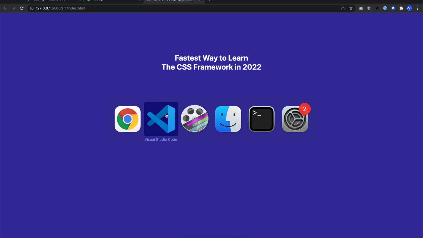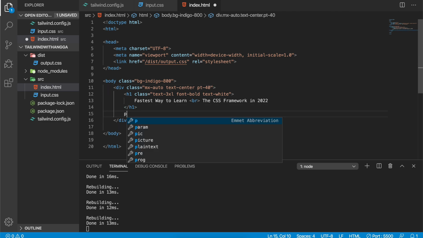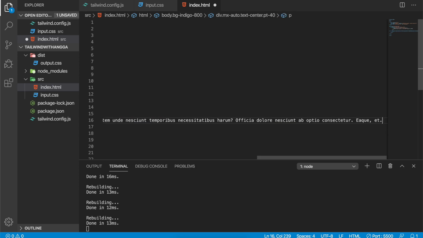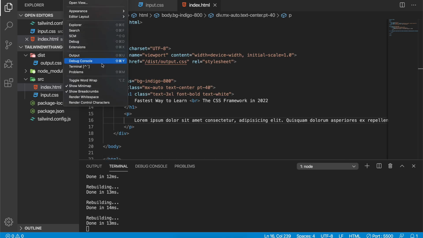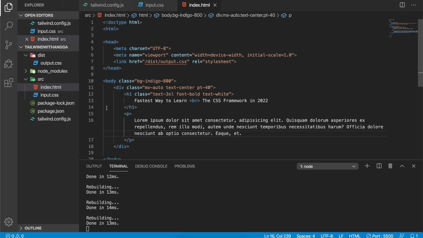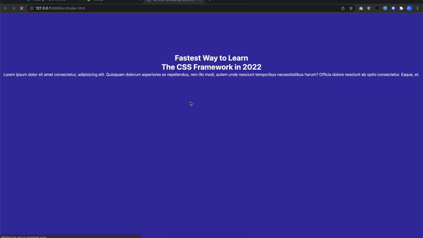Okay, so maybe you're going to need another text here, just a lorem. Okay, and then you can view the toggle word wrap and give text white. Okay, just like this. It has no limitation here.